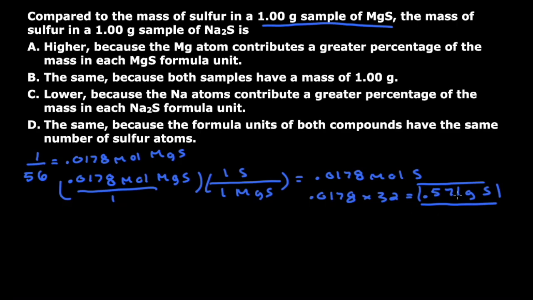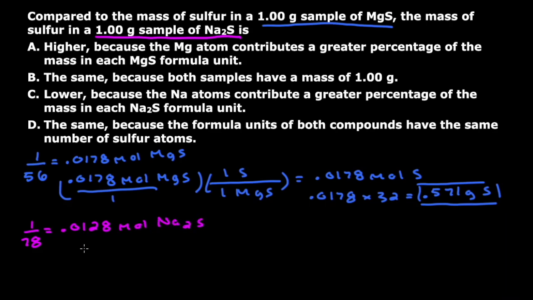And so now that I know the number of grams I have with just the S, I need to find out how many grams of S I'm going to have in a 1 gram sample of this Na2S right here. And so what I'm going to do is take 1 gram of this Na2S and divide by the molar mass of Na2S, which is going to be 78. So we're going to do 1 over 78. And when we do that, we're going to get 0.0128, and that will be moles of